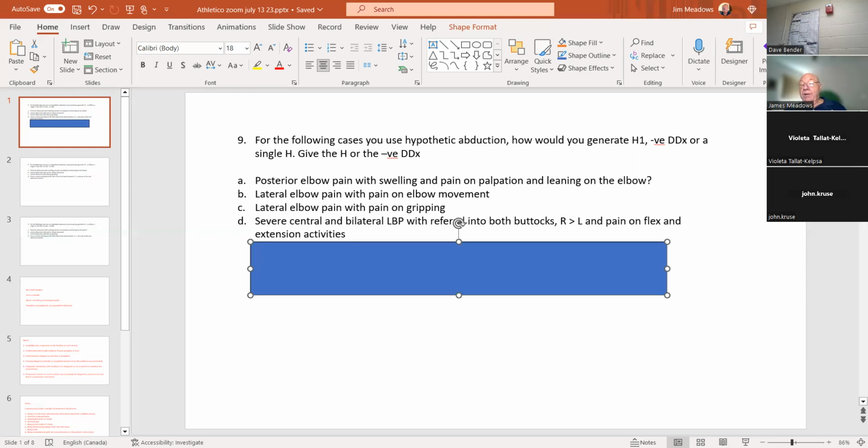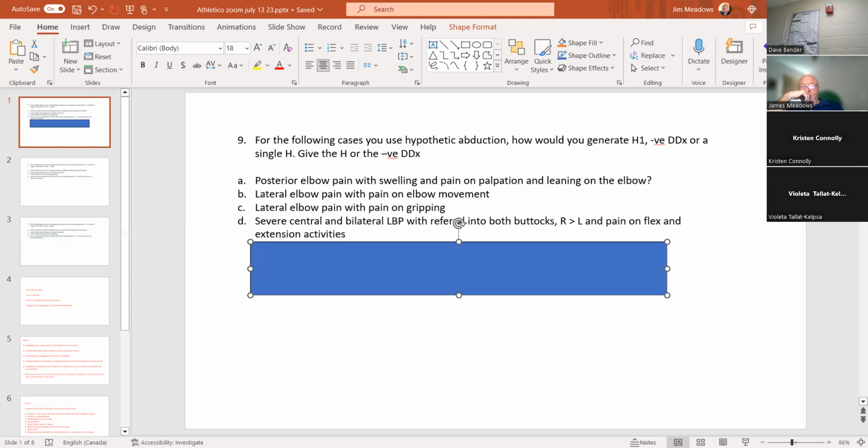Okay, yeah, certainly that's a way of doing it. That's an absolute way of doing it. And there's nothing wrong with that, except I think this may end up being a bit messy. Okay. I think we'll find out. Did anybody do differentials, negative differentials? I did negative differential. Okay, why? I feel like I would just want to know more about what's going on there. So I put down a few things that it could be. Okay, all right, then you eliminate them. So